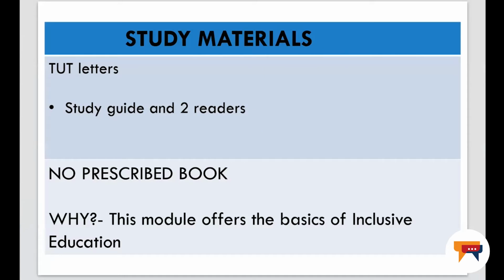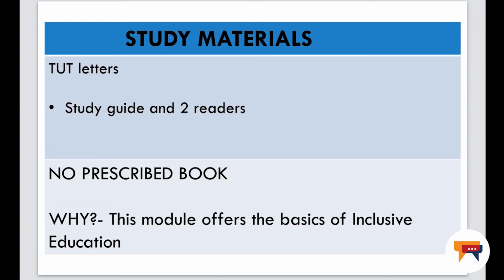Let me start with the study material. First of all, please remember that this module offers the basics of inclusive education. In terms of the study materials, I'm quite sure that you all have the TAT letter 101. This TAT letter provides you with all the information regarding the module. You also have TAT letter 001, which includes assessment tasks. In addition to the TAT letters, you have the study guide as well as 2 readers, which have been uploaded